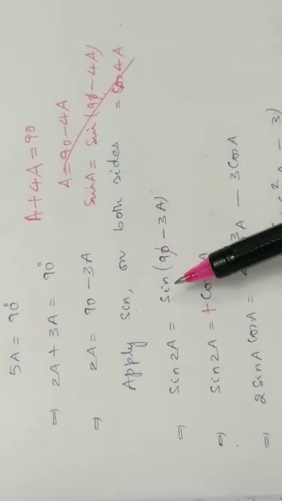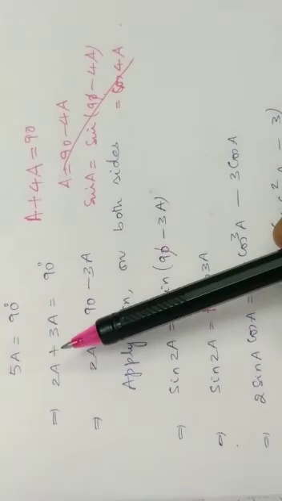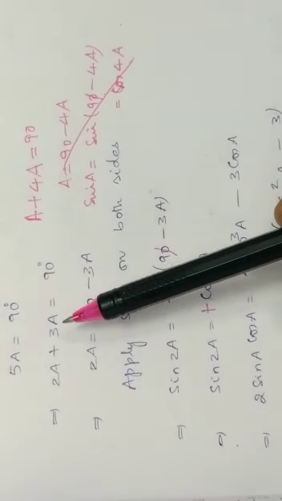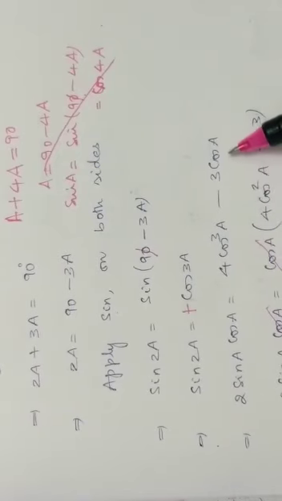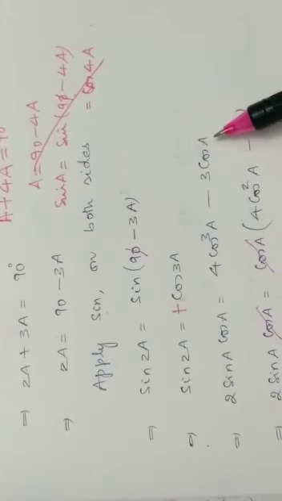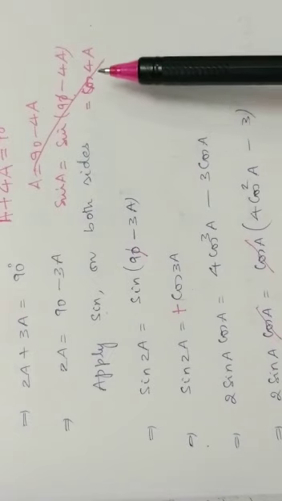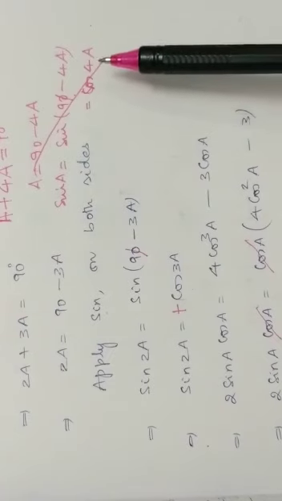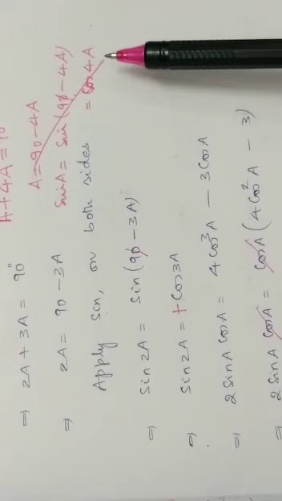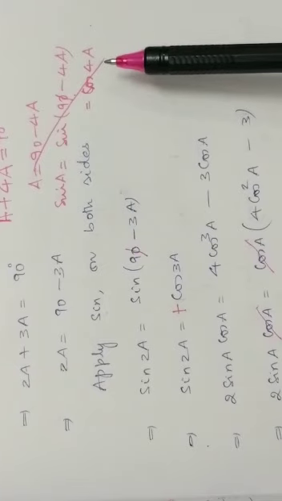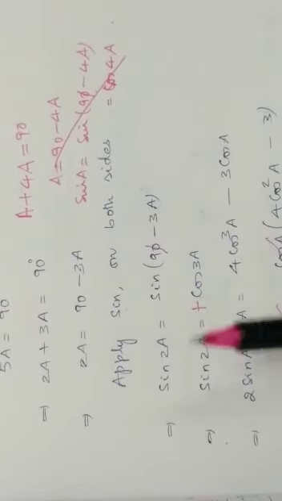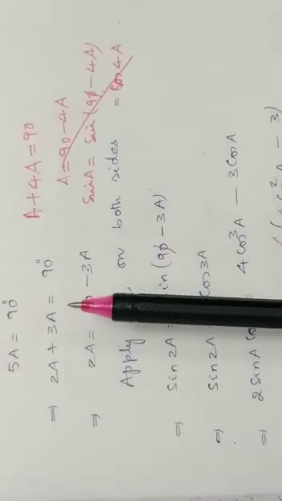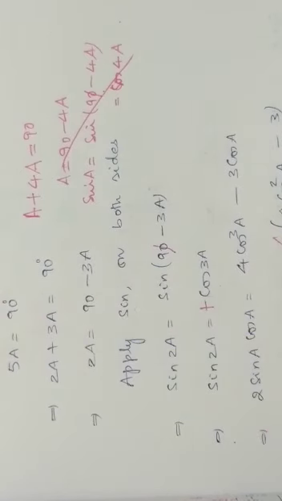So I have written 2a plus 3a because I know the formula of cos 3a, that is 4 cos cube a minus 3 cos a. If you split differently, then you have to know the formula of cos 4a, which I didn't mention in the list of the formulae. This is the reason why I have written it as 2a plus 3a. Problem is over.